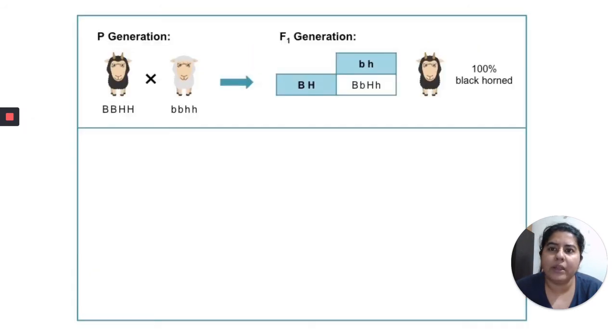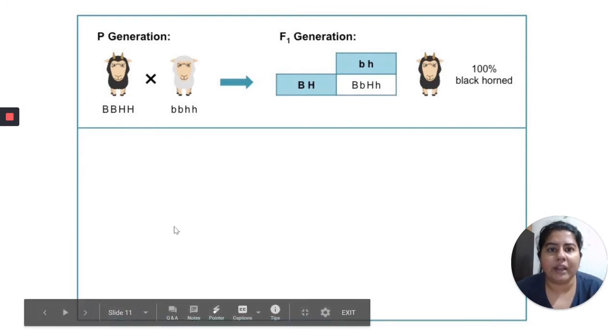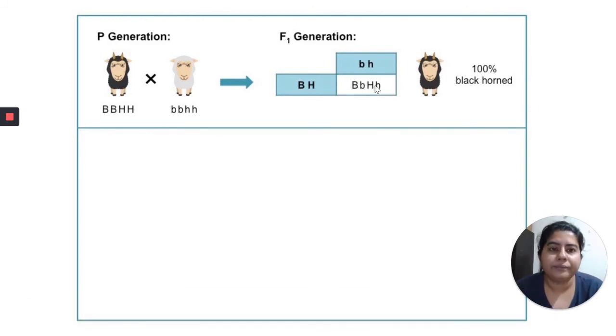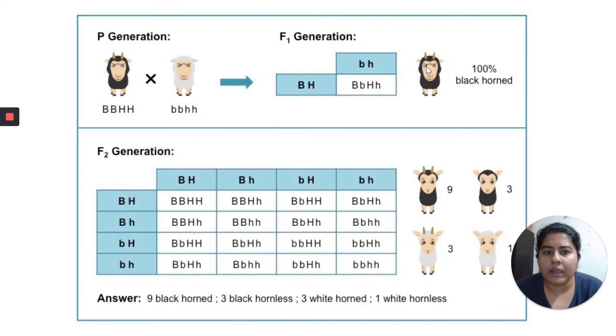So this is going to be our F1. Remember, to find the F1 you need to know the genotype and phenotype of the parents given in the question. And then you get the F1. This is the F1's genotype. Then you cross the same F1 with another F1. This is the phenotype of the F1. All the F1 will be black horned. And then you get the F2. You can pause the video over here and take a look at how the calculation was done, whether you have got the Punnett squares correctly or not.